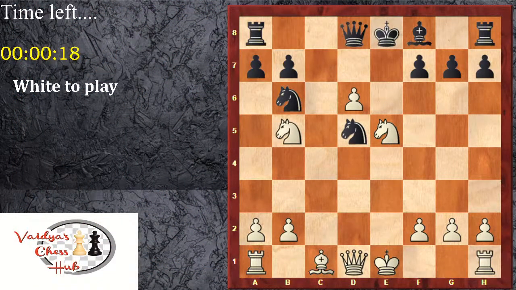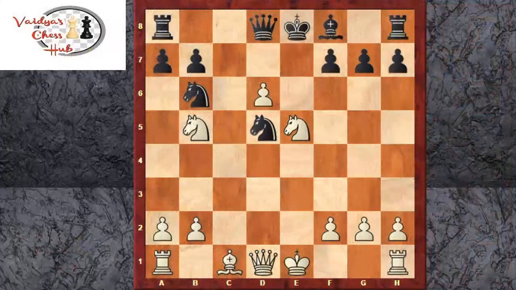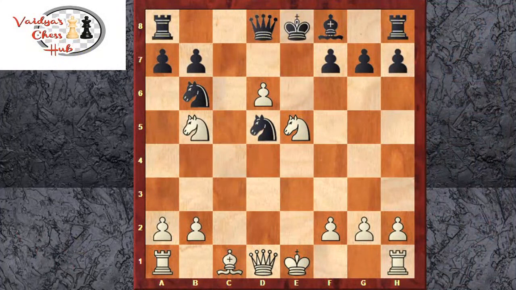Prajna says that the knight will come back to F6 after queen F3 and then B7 will be hanging. Knight C7 will be a fork. 5 more seconds. Kavish has joined. The time is up, guys. The time is up. Alright, you've tried your best and now I'm going to show you what I think is